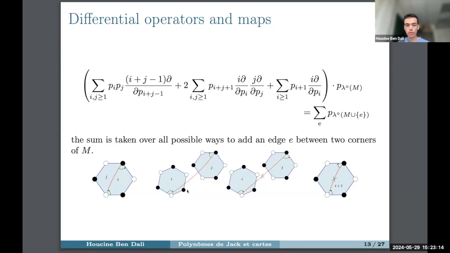And then you do the same if the two corners are not in the same face. Or we choose two corners in the same face, but we add a twisted edge to form just a new face of degree I plus 1. So these operators encode perfectly all the ways of adding an edge to a map, but actually we can